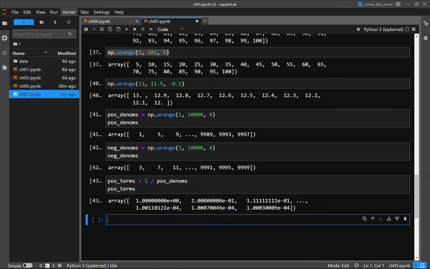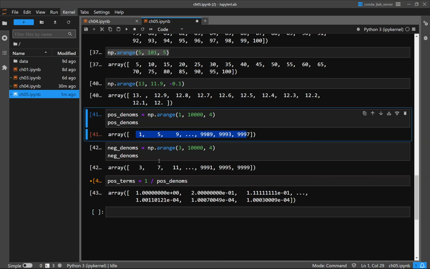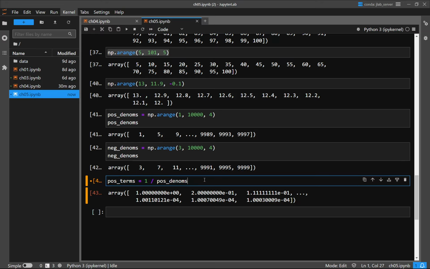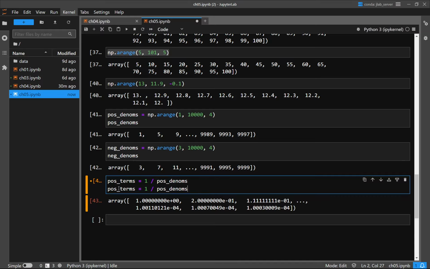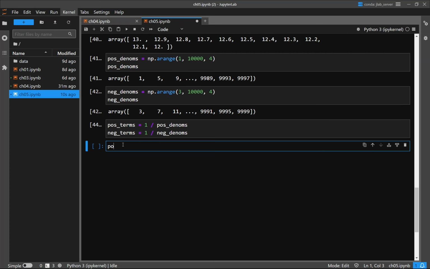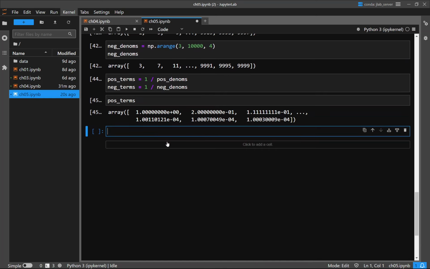It's not going to look pretty if I print them. It's going to give me scientific notation, but that's what I want. These are denominators, so 1 over each of these, 1 over each of these. So that's my positive terms, same for my negative terms. Negative terms, 1 over negative denoms. I got those values, and again, they look weird. Pos terms, neg terms, they look odd, but the answer now is